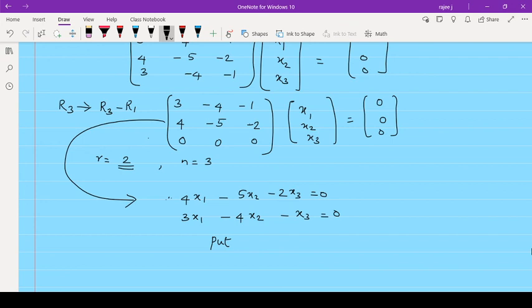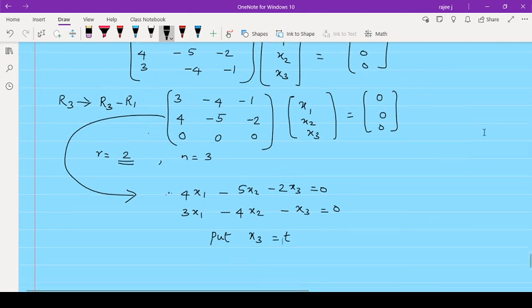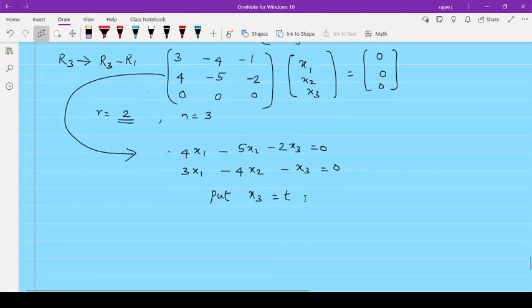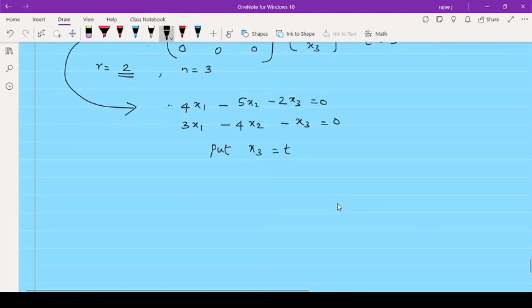Now put x3 equal to t. Anything you can put, x3 equal to t by 2, 3t, 2t, anything like that. That can be given to x1, x2 or x3, any one value you can take, because here r is 2, n is 3, so n minus r, 3 minus 2, means one variable can be given some arbitrary constant. So x3 equal to t I put. I am putting equation number 1 and 2, it will be easy for you. Then from equation number 2,